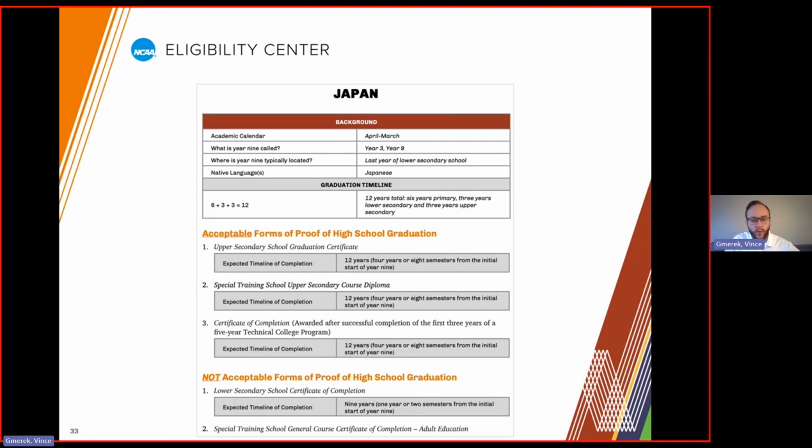And then if there were additional policies for Japan, they would be outlined on additional pages following this. That may include grading scales, specifically approved and denied core courses, potentially specific crediting policies for the country. And again, you can always find that information for your country, either in the full guide or on those country-specific pages.